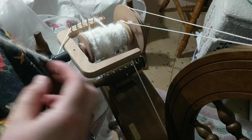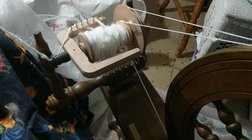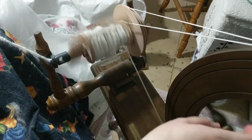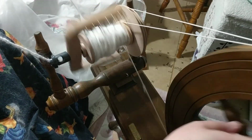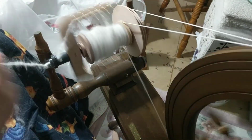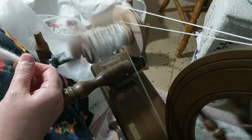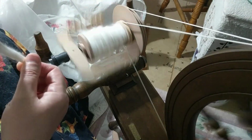Okay, so I'm going to. I wish I had enough room. Unfortunately, I don't. So clockwise, I turn the wheel clockwise, and that's how I do it. Pull, I pull,